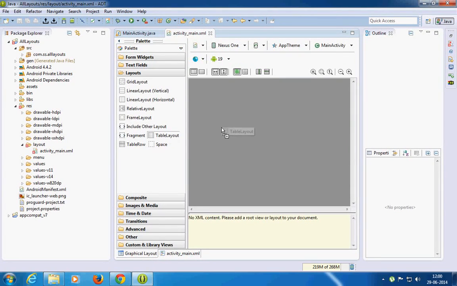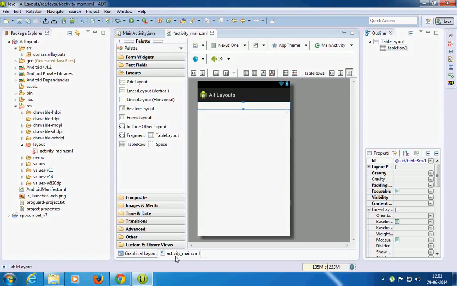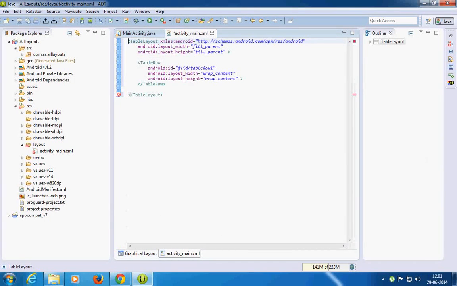Yeah, we can include a table layout. So a table layout is exactly the same as the purpose of TR in HTML, in case you know HTML. So we have a table layout over here, and I pull in a table row under it. So in a table layout you have a table row. In this table row, whatever you put would be considered as a single row.